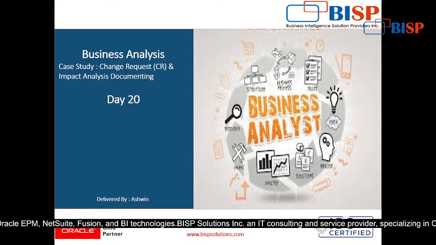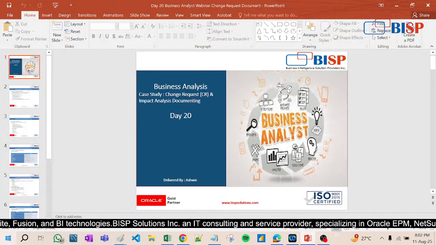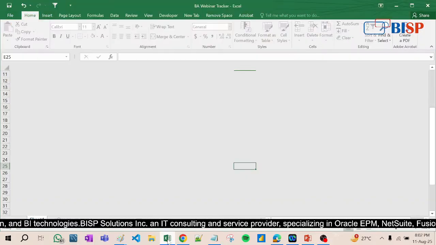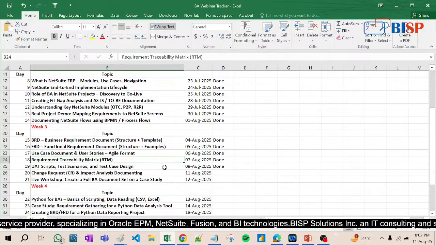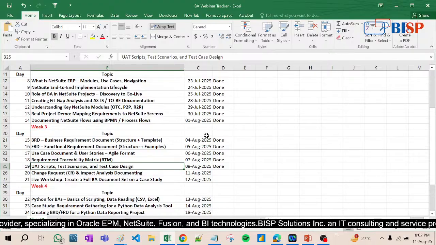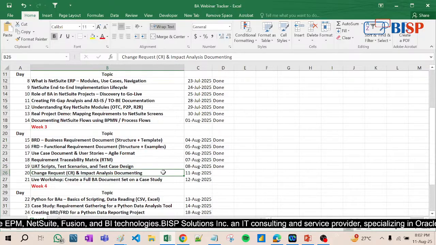Now friends, today is our day 20, and within the last 19 sessions we have come across all these things, right? Things like UAT and the requirement traceability matrix. These are the main documentation parts, that is BRD, FRD, use case document and user story, requirement, right, and the UAT and fit gap analysis, right? So we have come through all these things, and now today we are going to see the change